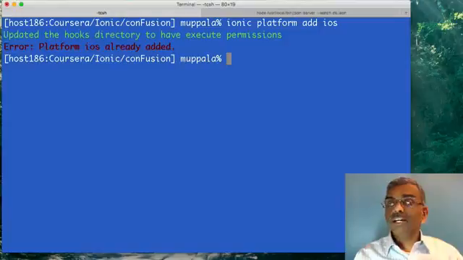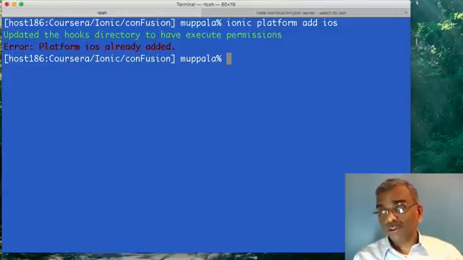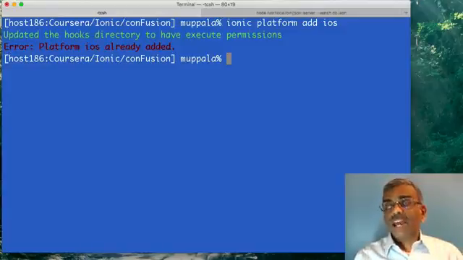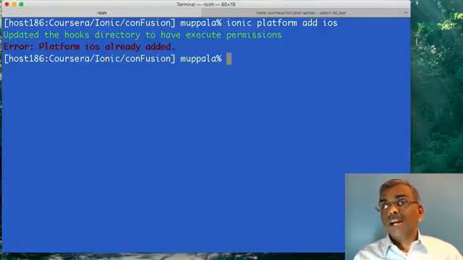Now, I had already added the iOS platform earlier, so that's why it is informing me that the platform iOS is already added. Obviously, I had to test and make sure that it works correctly, so I have already installed that. If you execute this command, then it'll print out a bunch of things on your terminal before successfully configuring your iOS platform for your